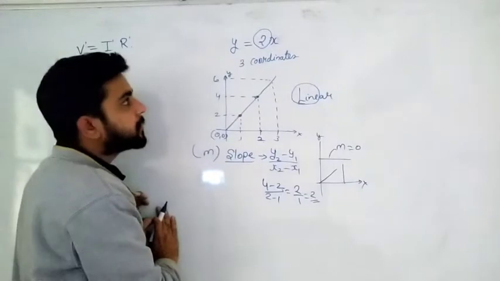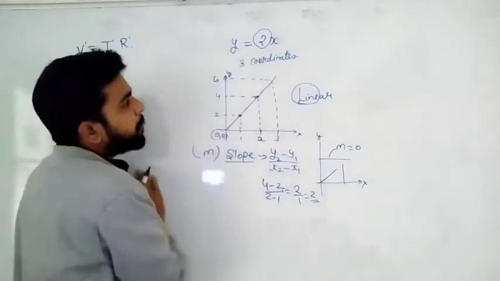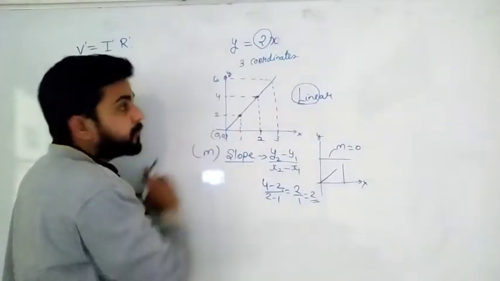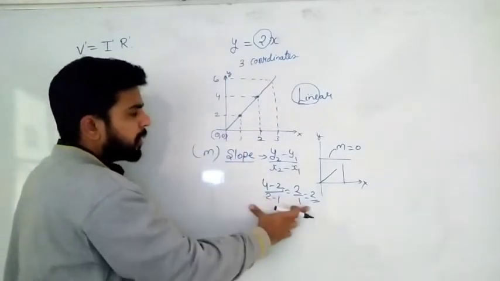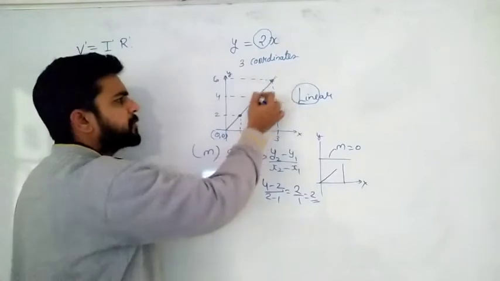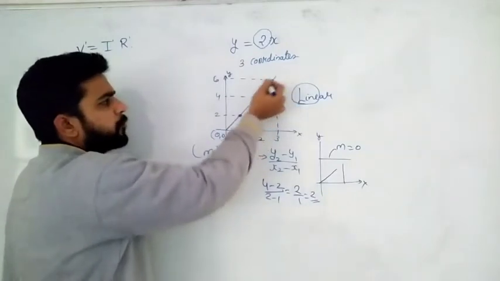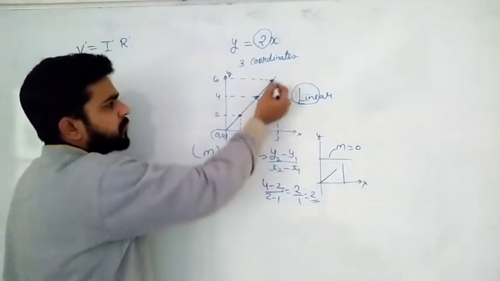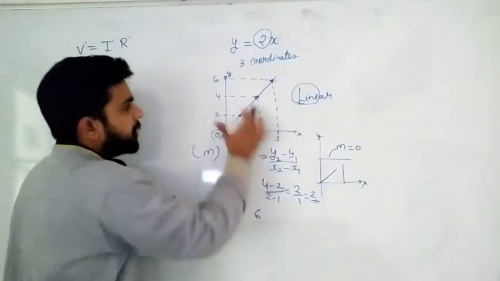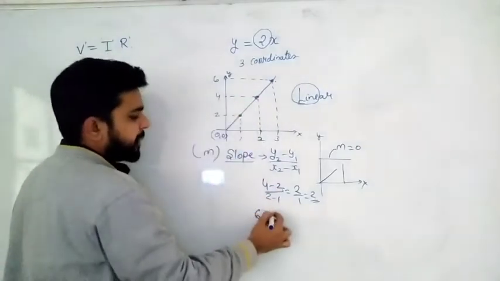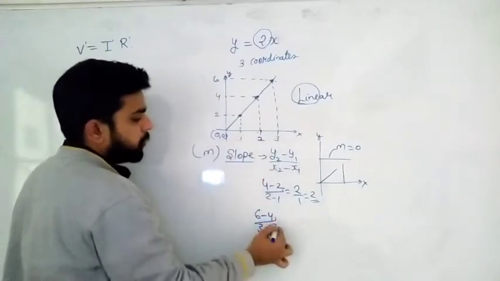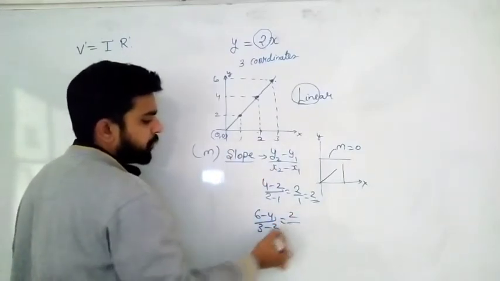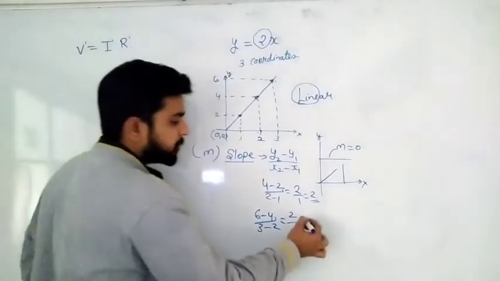Yes. So this 2 is the slope of this equation's graph. If we plot the graph of this particular equation, what do we get as the slope? 2 here. You can check any values. Check this value for this value. y2 minus y1 divided by x2 minus x1. So what is y2? 6. Here what is y1? 4. 6 minus 4. What is x2? 3. What is x1? 2. What did you get? 6 minus 4, 2. 3 minus 2, 1. Again, what did we get as the slope? 2 only.